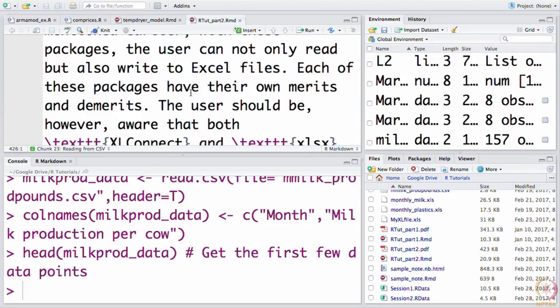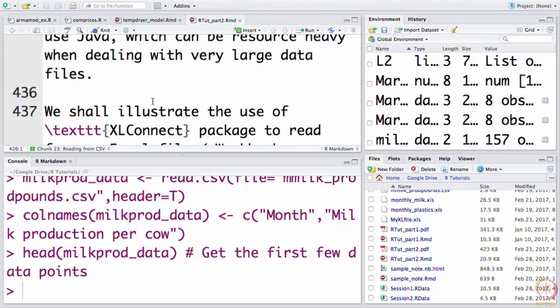There is an excellent vignette available. By vignette, I mean an example document that shows you the different features of that package, and for XLConnect there is a very nice one. You should go through it after you have listened to this tutorial, because we do not discuss all the features of this package. There are many other features that you may be interested in. At the moment, what I am going to show you is how to read from an Excel file and how to write to one. There are other things you can do. As I said, you can perform operations within an Excel file without having to read the data and then write it back.